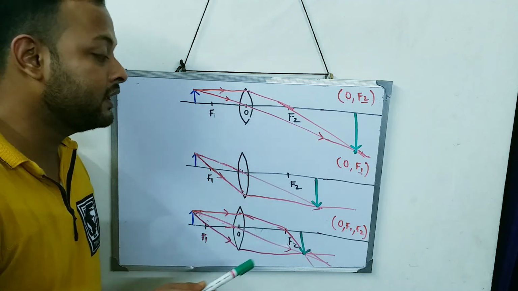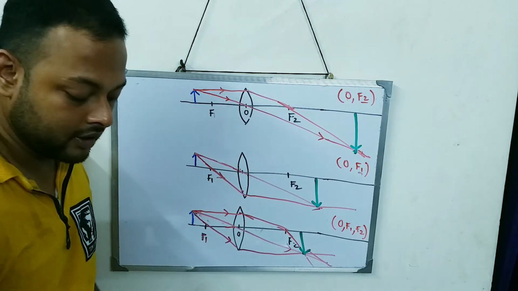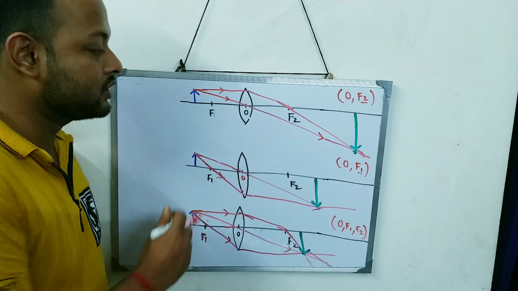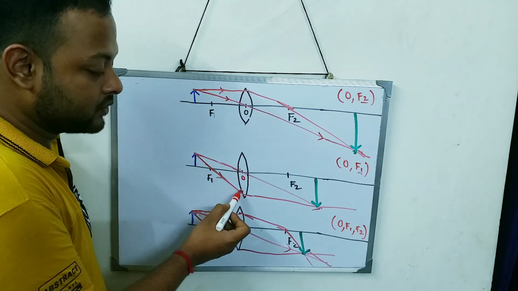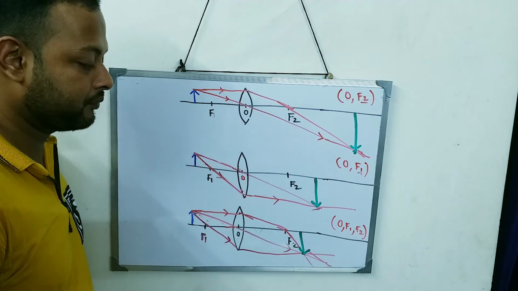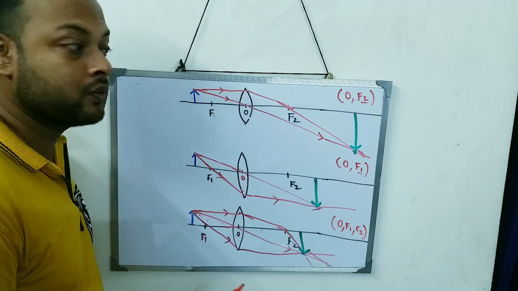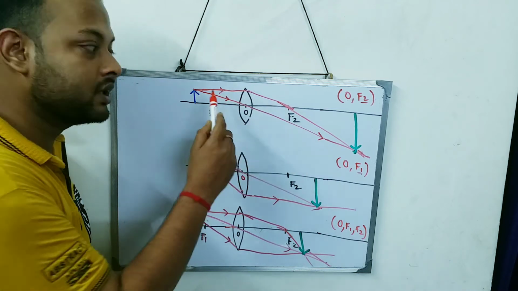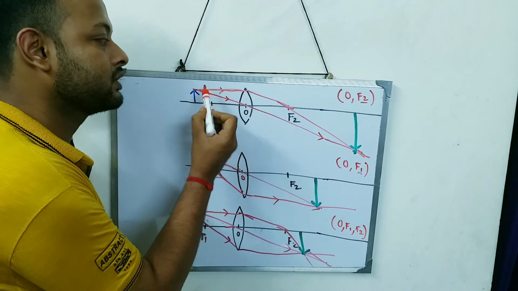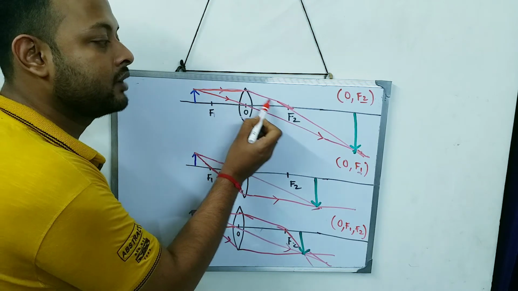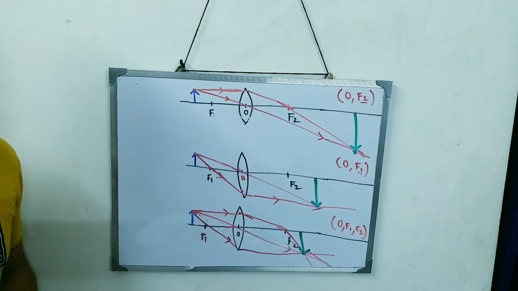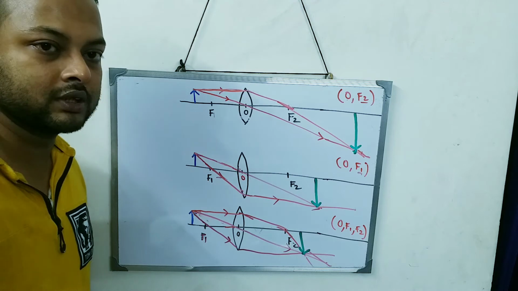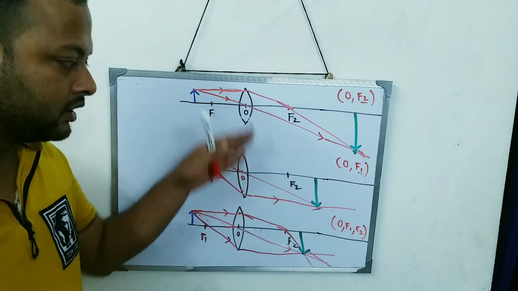The idea about a ray passing through the optical center: it will pass undeviated. Second idea: if the ray passes through the first focus, then it becomes parallel to the principal axis. Third idea: if a ray has to pass through F2, then initially it has to be parallel to the principal axis. So you have to get these three ideas to do the ray diagrams. That will cover all the 7 ray diagrams which come afterwards. I hope you understood these three ray diagrams.